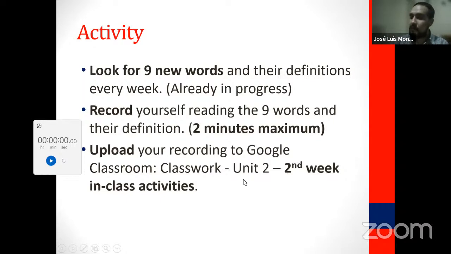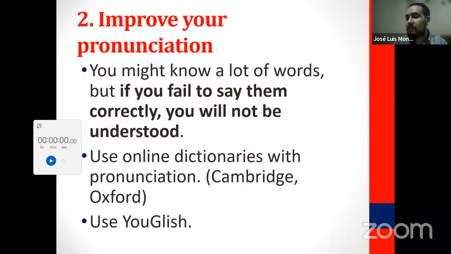But again, this is something we're not going to do now. It's just a reminder, and it's a strategy that you have to take into account to, let's say, improve your vocabulary, to extend your vocabulary, and improve your speaking skills. All right, so that was mainly a type of review. Now, this is the first real activity that we're going to work on today. Improve your pronunciation. Let's read this, please.